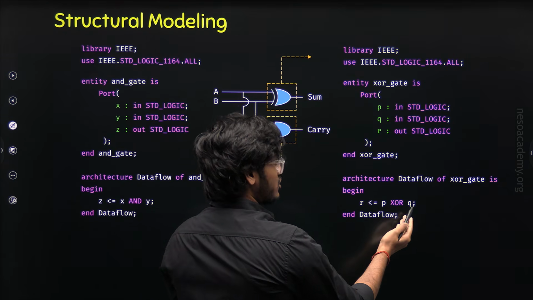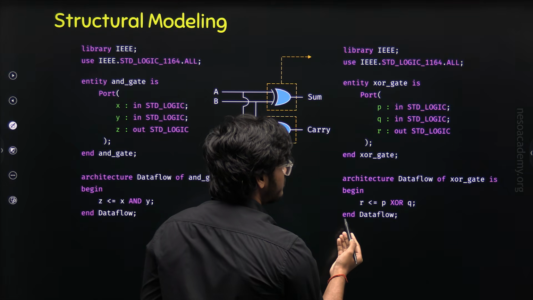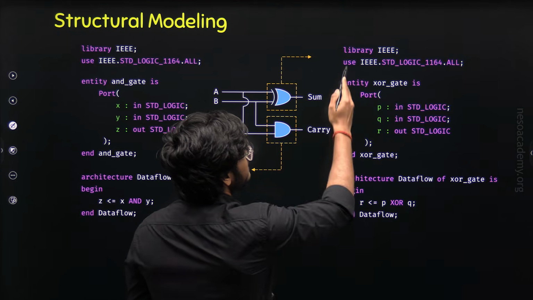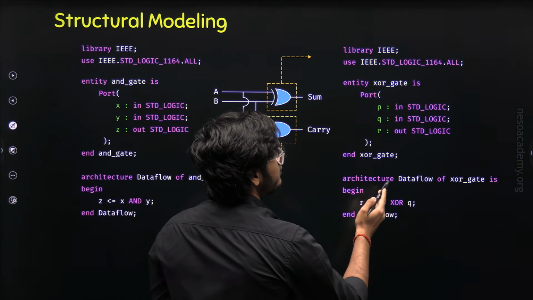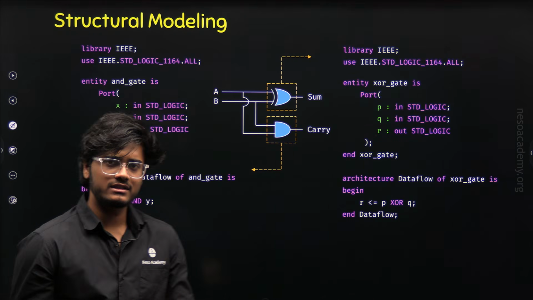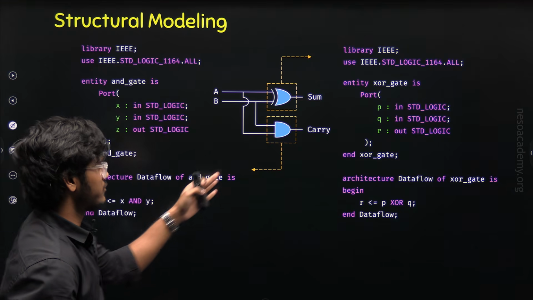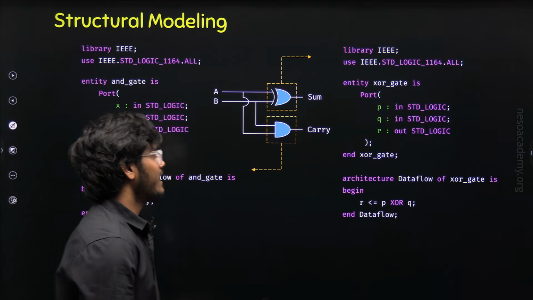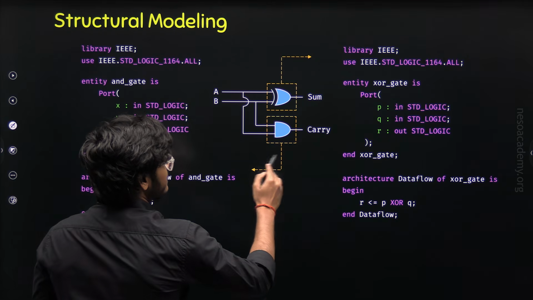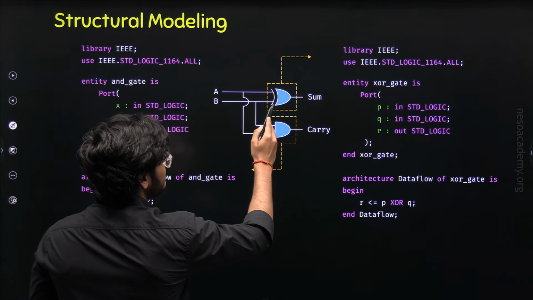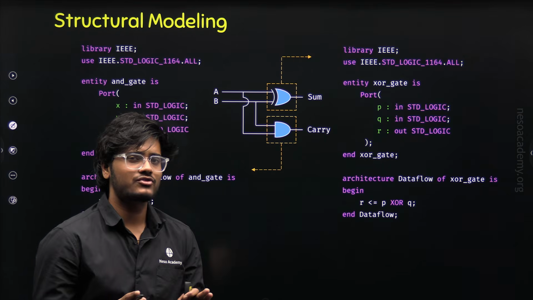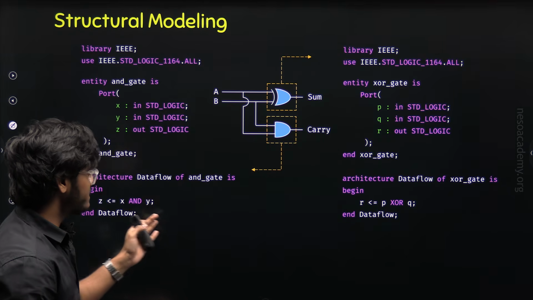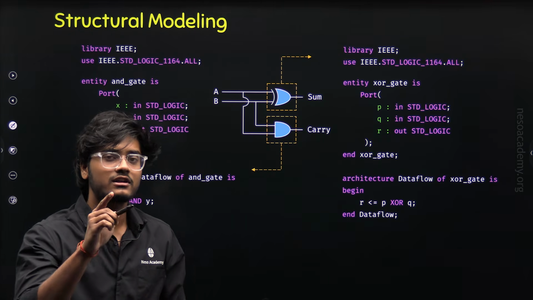After performing the XOR operation, we can end this architecture using the keyword end and the name of the architecture, data flow. So this is our VHDL code for the XOR gate. In this way we have written the VHDL code for the AND gate and the VHDL code for the XOR gate. And here we can see that the half adder is made using the AND gate and the XOR gate. So let's write the VHDL code for the half adder by connecting the AND gate and XOR gate following structural